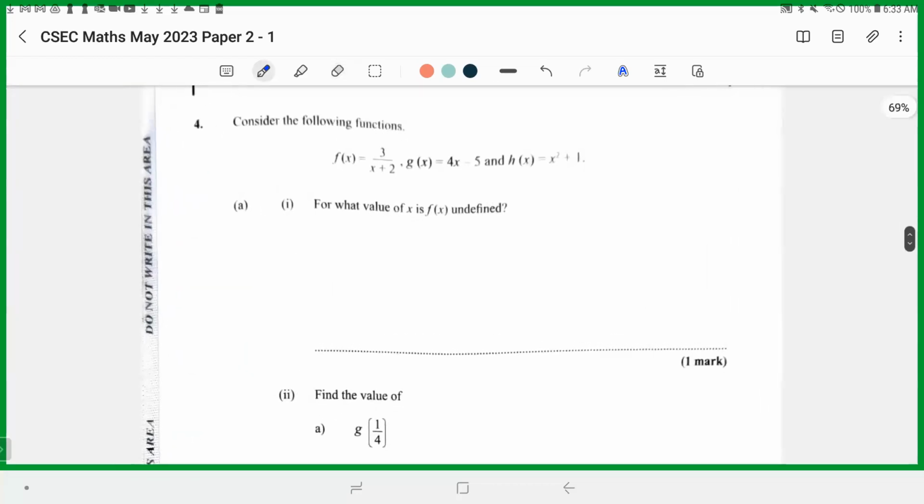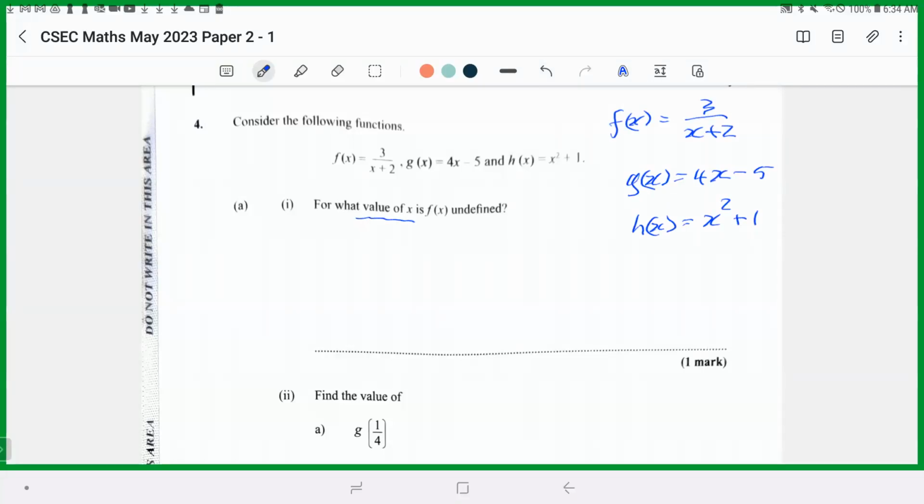This question is on functions. It gives us these 3 functions, f, g, and h. This one is a quadratic. Let's write them out. They give us f of x equals 3 over x plus 2, g of x equals 4x minus 5, and h of x equals x squared plus 1. First thing we want is to find what value of x